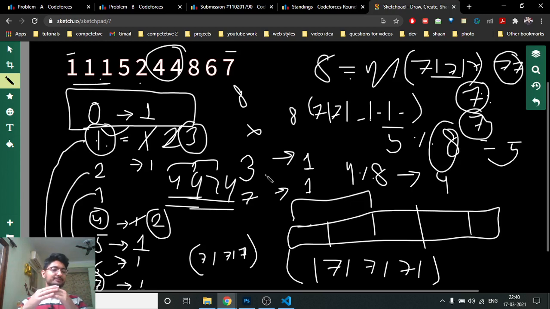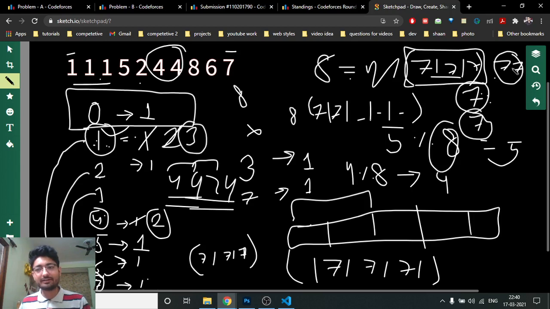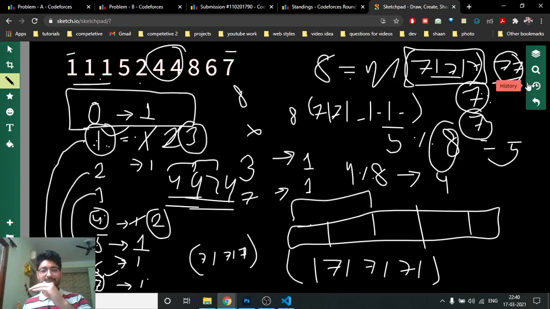You have to first find out the pair of every number. So for 1 the pair is 7, for 2 the pair is 6, for 3 it is 5, and for 4 it is no problem. For every number you have to find out the frequency of that number and its pair. If the frequency difference of these numbers is less than or equal to 1, then you can easily arrange them. If the difference is greater than 1, then you can form the smaller part in this format, and the rest of the numbers you have to put in different arrays.